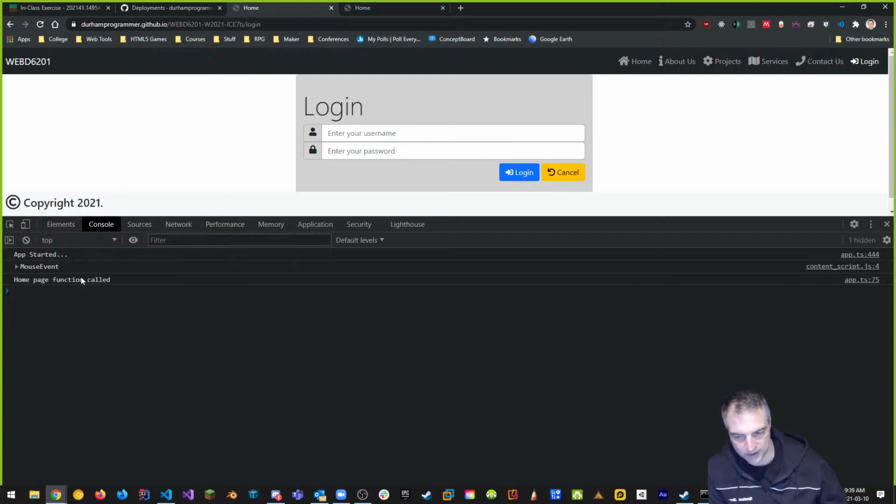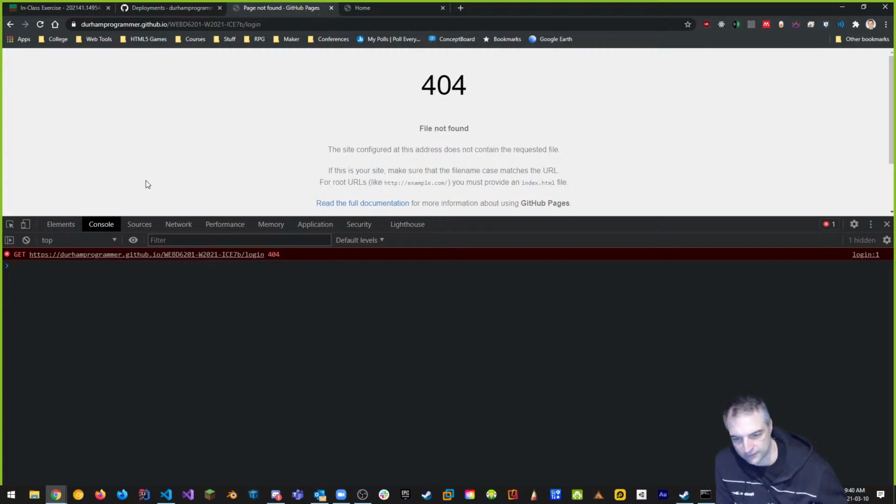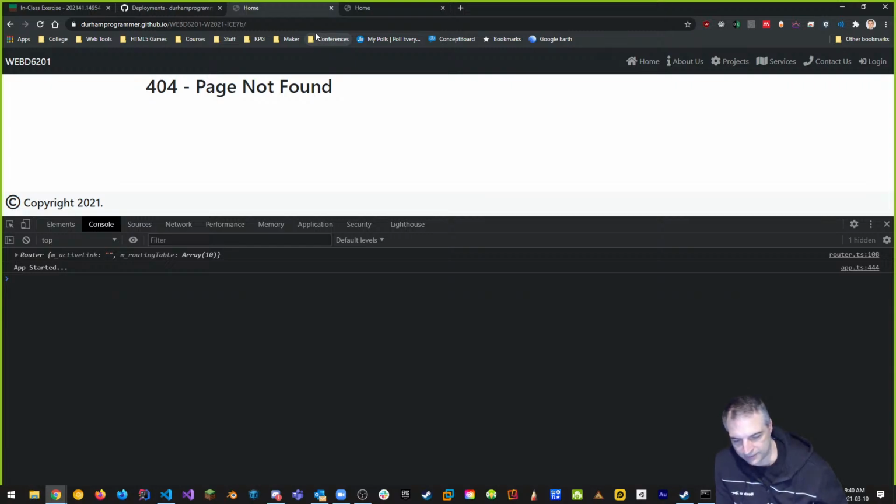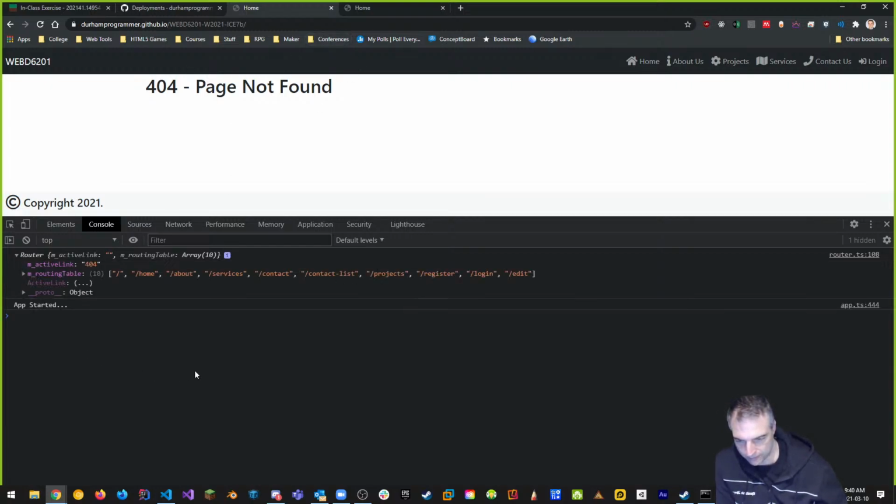So do you see any place that router is being called? Do you see it? It only happens on a fresh load. Okay, so what if I go refresh? Then I get this. There is no page that goes login. Even if I try and get there, here's my fresh load. I try and go to the page, I get this. For the first time, I get this router. Here's my router. And it says that, hey, cool, this active link is 404.